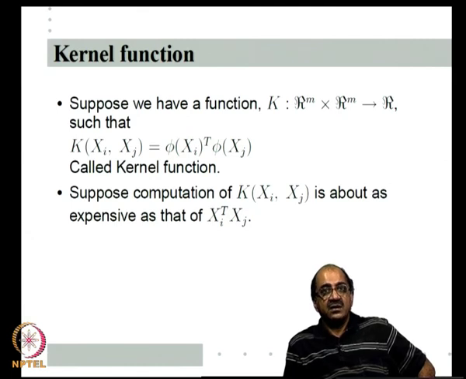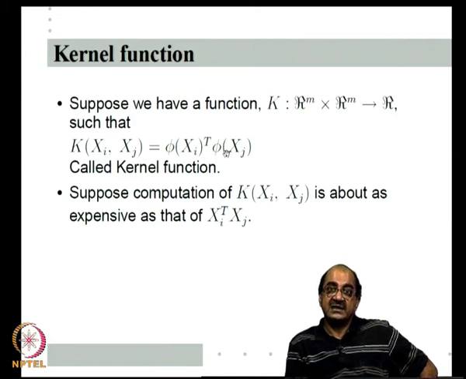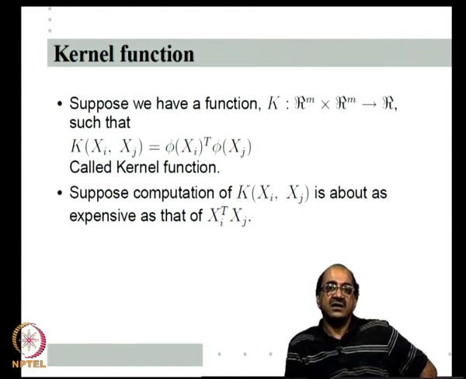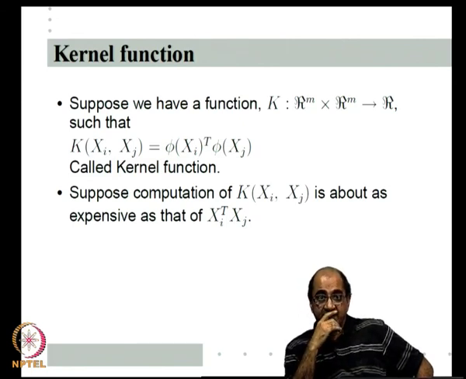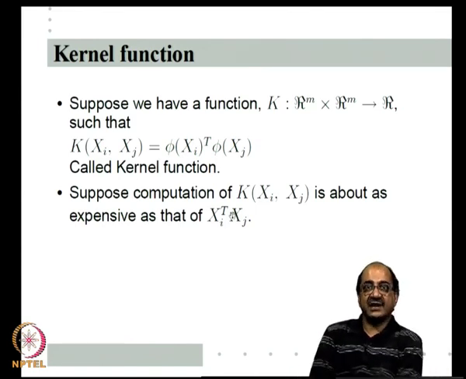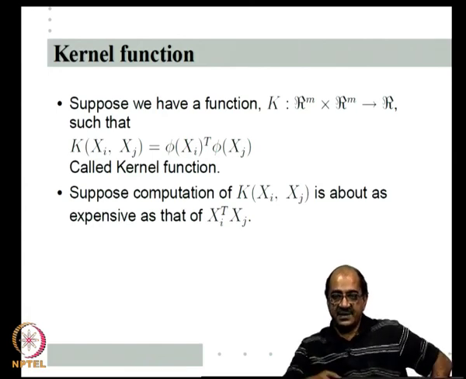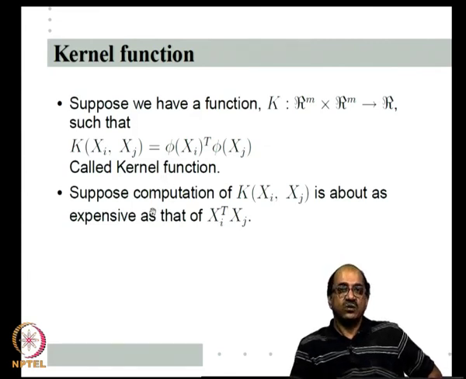We will show that 1 plus xi transpose xj whole square as a kernel function would be phi xi transpose phi xj for a phi which effectively learns the quadratic discriminant function in the original space, right. So, what we considered in the beginning, 2 classes ago, about mapping x1 x2 to x1 square, x2 square, x1 x2, and then finding a linear classifier there, where we said we need order n square dimensional z. Finding an inner product in that space would be like 1 plus xi transpose xj whole square. We will see that later.